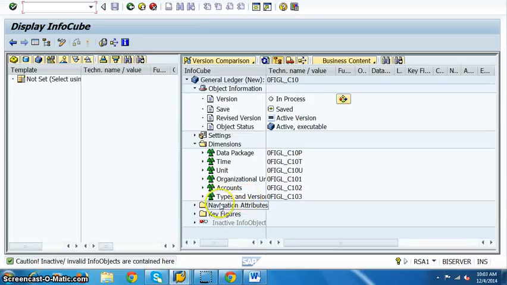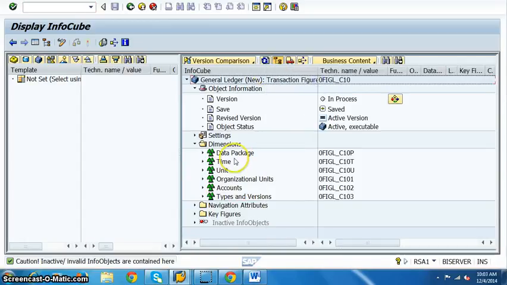How many dimensions do you have here? Data package, time, unit are common. They will be there for every